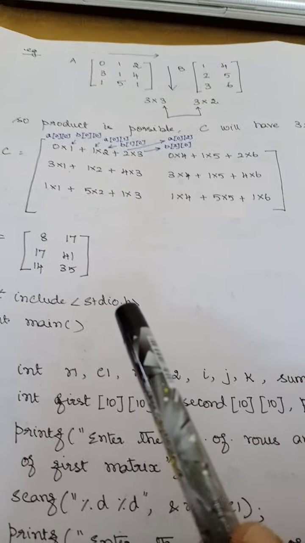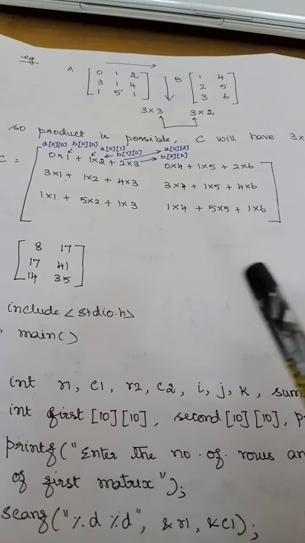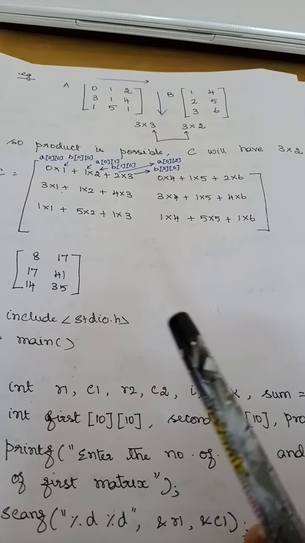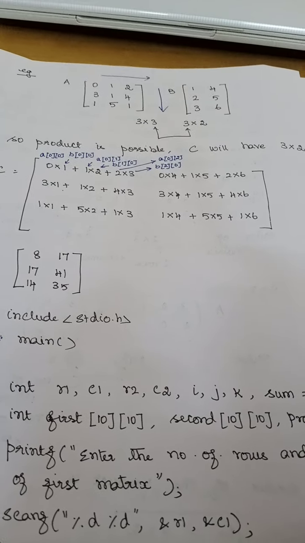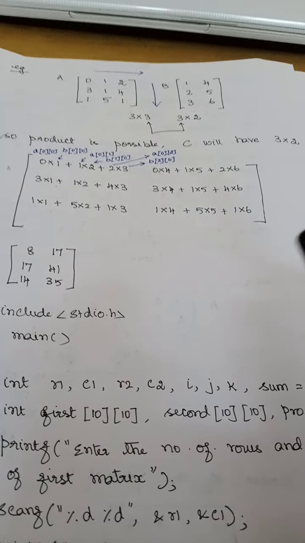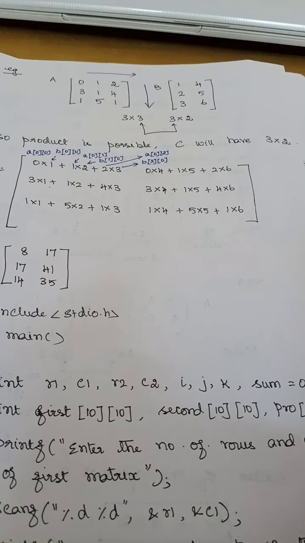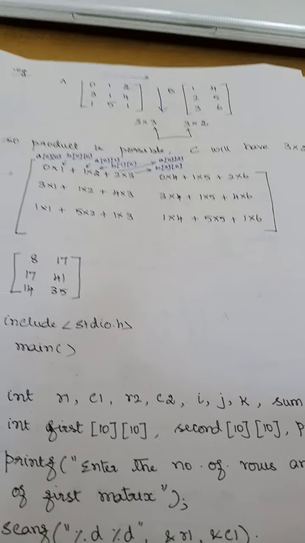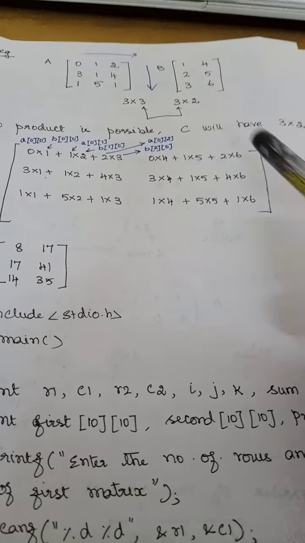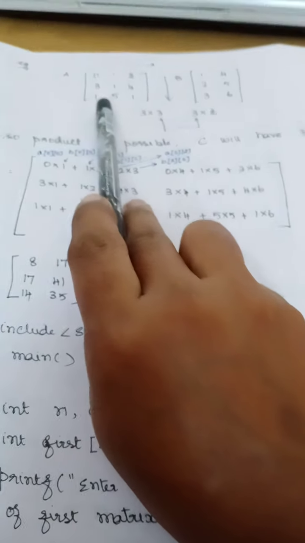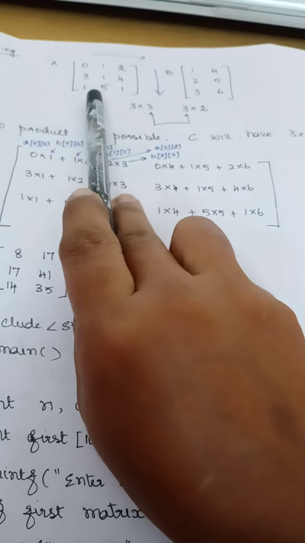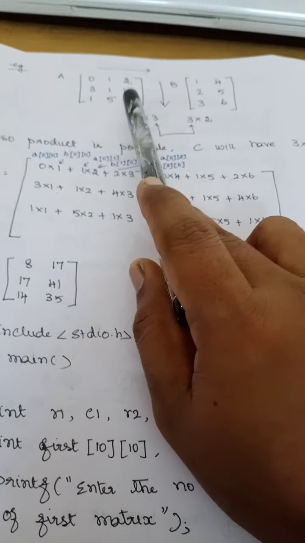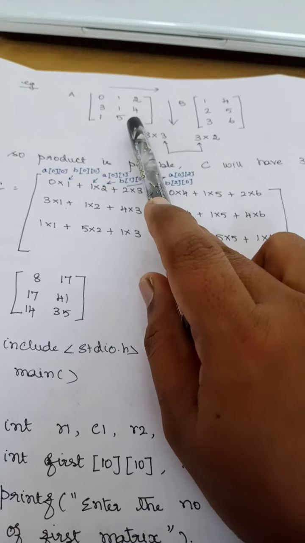Till now we have seen when multiplication is possible, right? What is the rule for a multiplication? Now we'll take one example and see how to do the matrix multiplication. You have already studied this in your schools, but anyway let us have a recap. So this is going to be my matrix A and this is going to be my matrix B, right? So how to do the multiplication here?